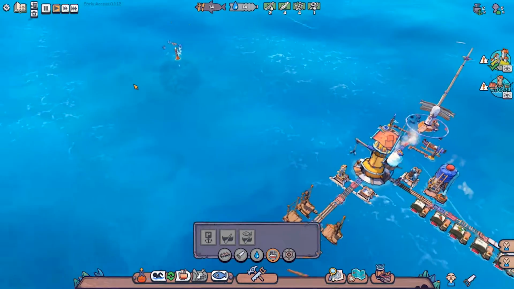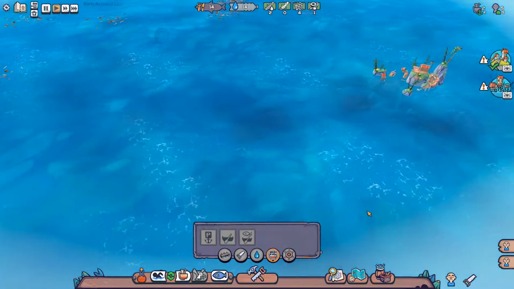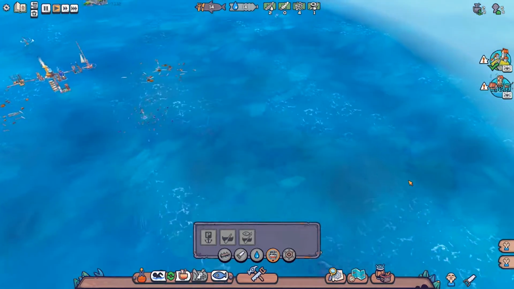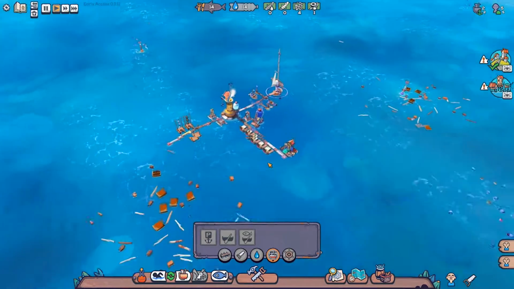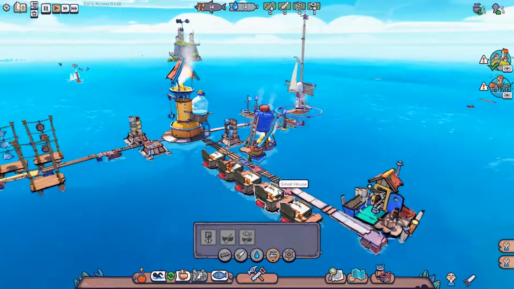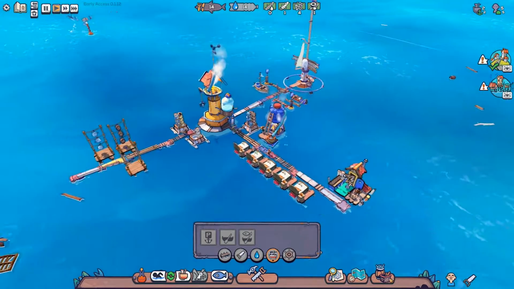But we've got plenty of fish there. I think there's fish elsewhere. Fish there. Fish elsewhere. Fish elsewhere. Fishies, are you out there? There you are. So yeah, plenty of fish. And I think they spawn in once they're gone as well, hopefully. If not, we'll move on to the next island. Which is...